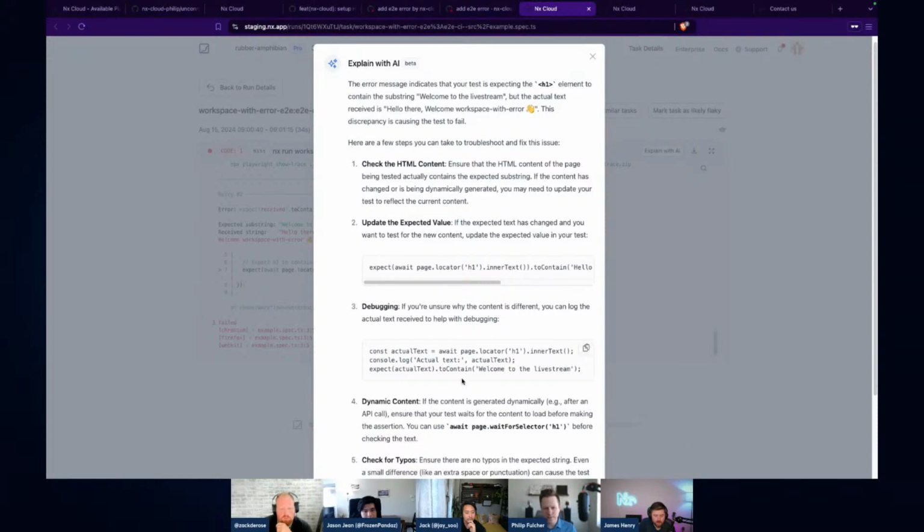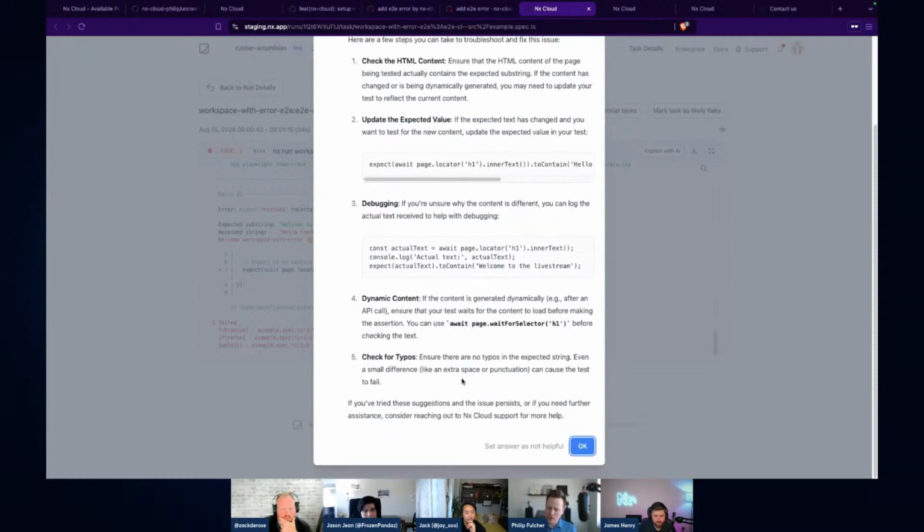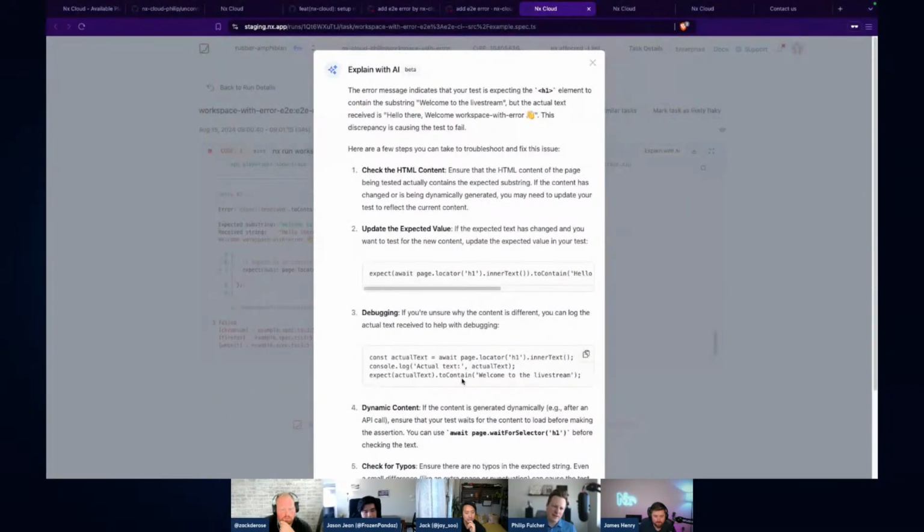Some things on debugging. This should really be a great tool in your tool belt for when you don't exactly know why this error was introduced. Here are some of the debugging steps that I can step through to be able to handle that. When we talk about the NX context that it's providing here, it knows that we're in Playwright. It knows that we're running end-to-end tests. This is also going to work across the ecosystem. So if you're in TypeScript, if you're in Go, if you're in Rust, it's going to tune the results based on that context. This is in beta right now.